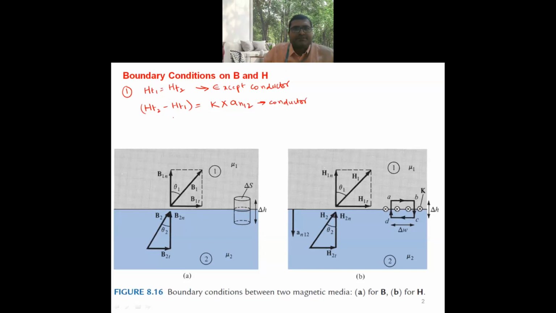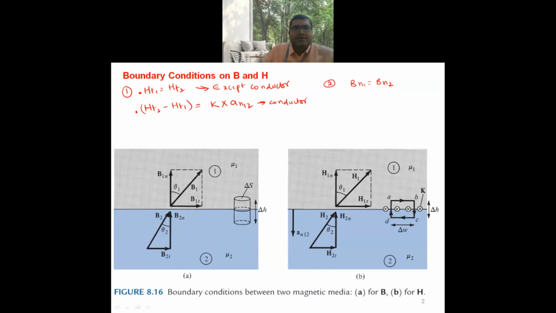The physical significance of condition 1 is the tangential component of magnetic field is continuous across any boundary except at the surface of a perfect conductor. And condition 2: Bn1 is equal to Bn2. The physical significance of condition 2 is the normal component of magnetic flux density is continuous across any boundary, or the normal component of magnetic flux density in medium 1 is equal to the normal component of magnetic flux density